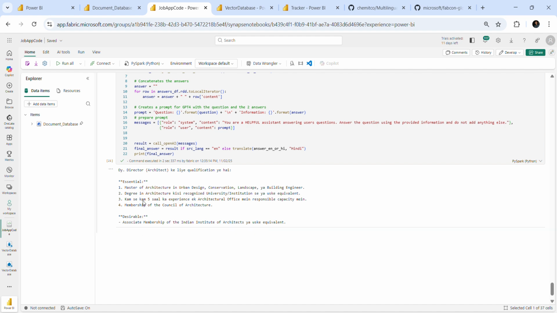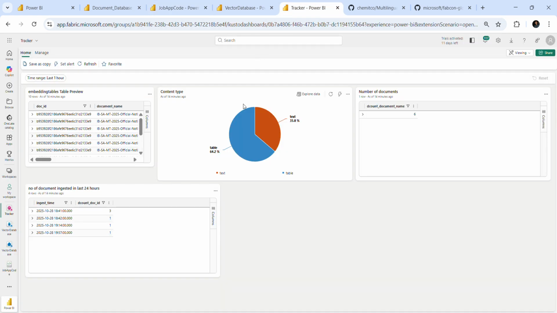And I have also made one KQL dashboard, which is a live dashboard, and it is also an example for the real-time scenario. So whatever documents you upload, you can see what the documents are, how many documents, the content type, the chunks, whether it is table information or text information, and how many documents you have uploaded in the past one day.